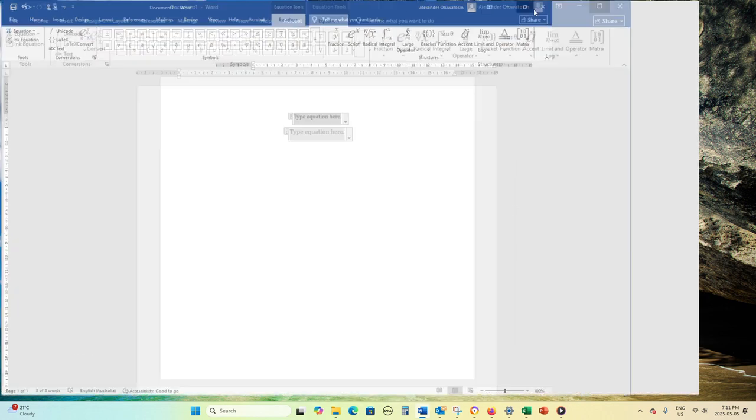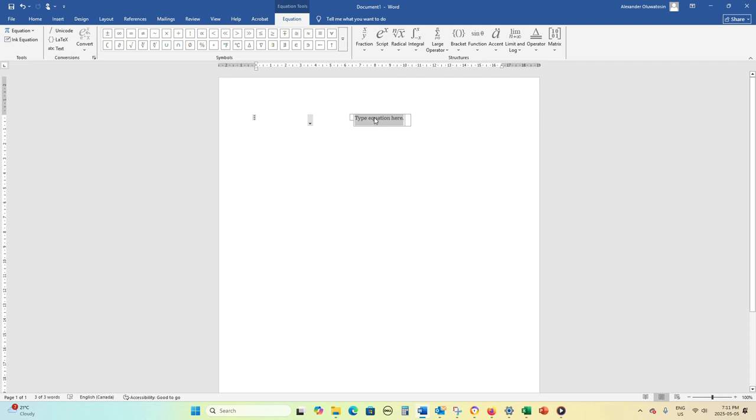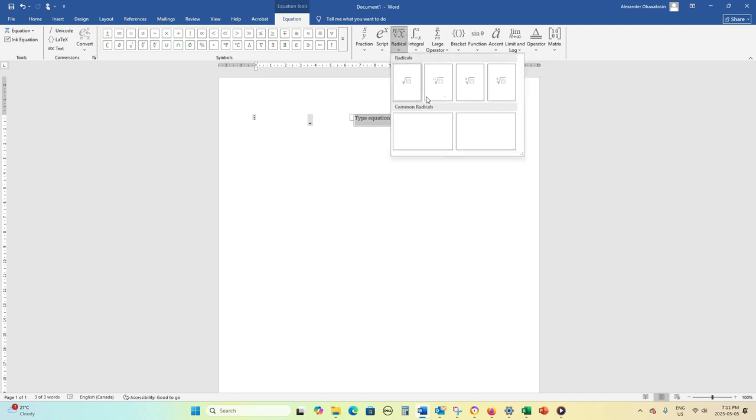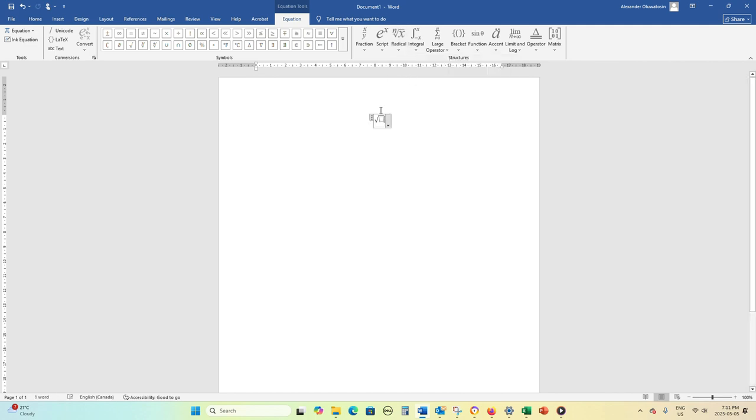Under the Equation tab, which appears when you're in the equation editor, look for the Radical button in the Structures group. Click on it and select the square root symbol. After inserting the square root symbol, click inside the dotted box and type the number or expression you want under